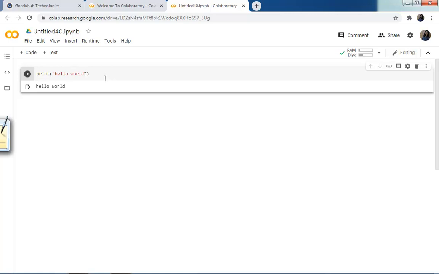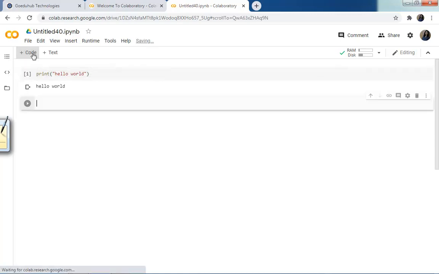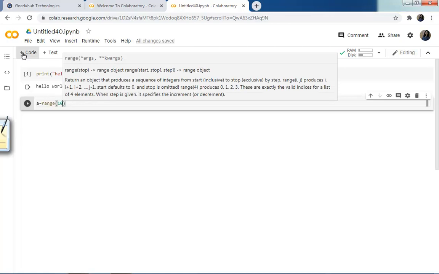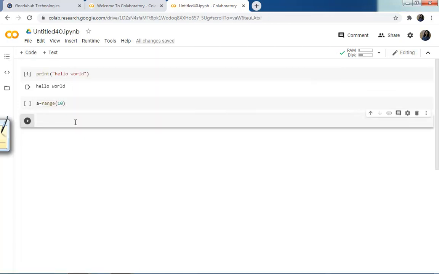Like another thing, I can take another cell, plus code, and I can take a variable a equal to the range function, range 10, and I can use this variable in another cell with a for loop. I'm writing here for i in a. This is how to write a loop in Python. Don't worry about it, I'm just writing simple code. Just try to understand what working in Google Colab provides us.